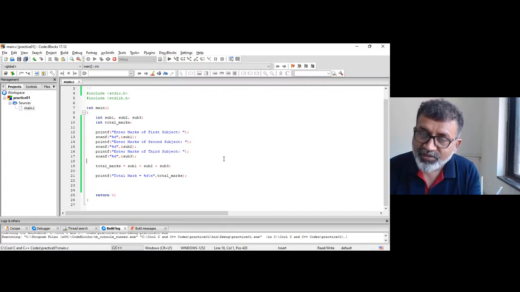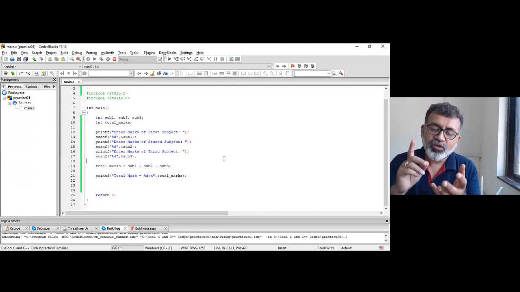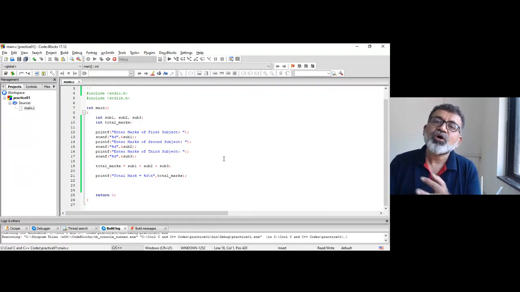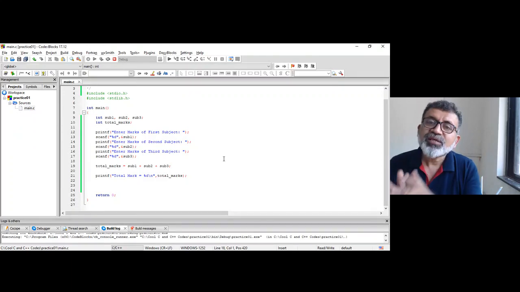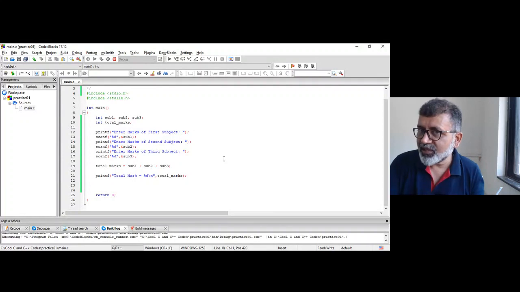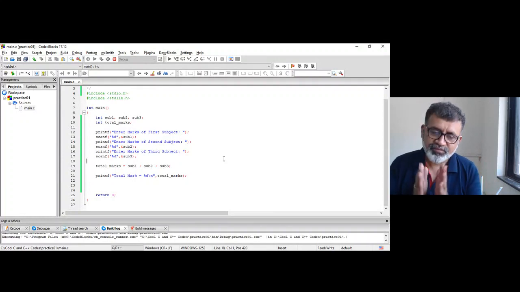I will repeat: the value, or constant, or value of the expression on the right hand side is assigned to the variable on the left hand side. Is that clear? It is important.